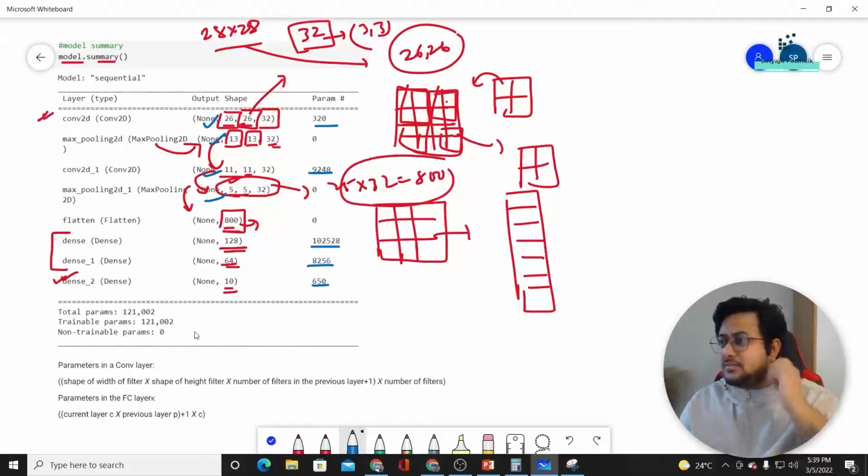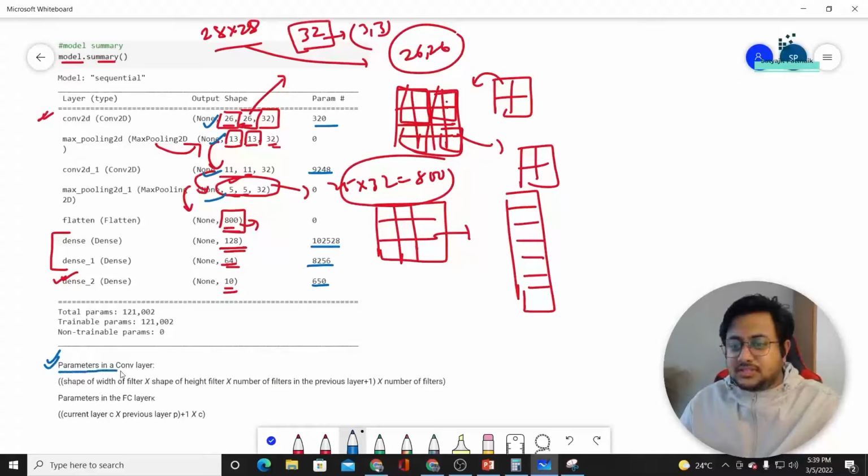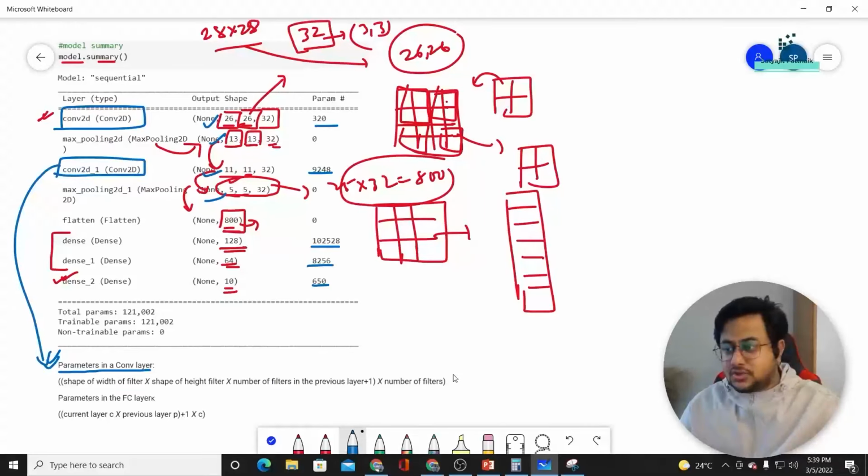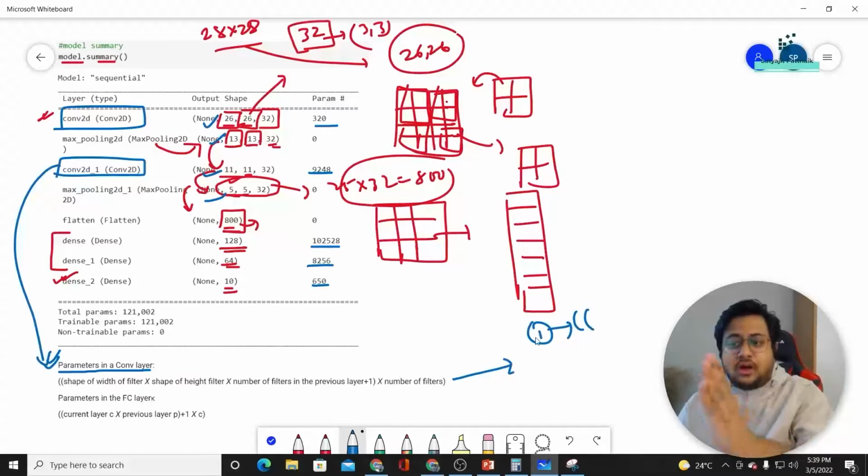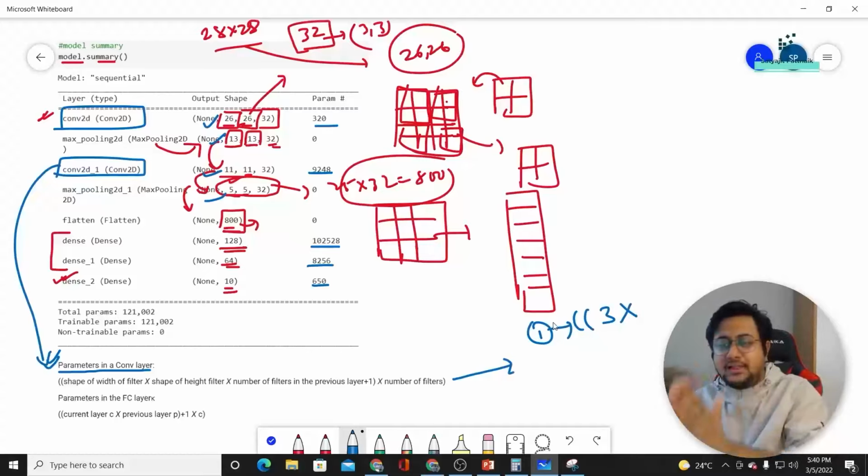To understand these numbers, this is the formula that you should refer to. Parameters in a conv layer. So for this layer and for this layer, you will be using this formula. Let's try to use this formula for the first layer. For the first layer, this is nothing but (shape of width of filter, how much? 3, cross shape of height of the filter, 3, cross number of filters in the previous layer. There is no previous layer, so I will just consider it as 1